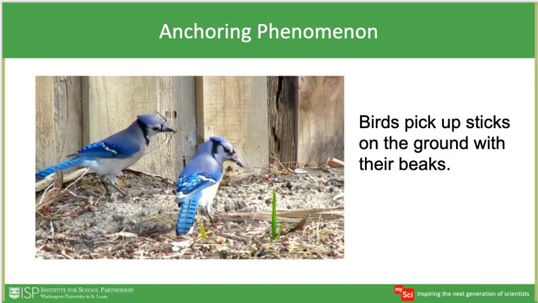In this unit, students try to figure out how animals change their environment to meet their needs, how parents act to help offspring, how offspring are similar yet different than their parents, and how animal structures help them meet their needs. The anchoring phenomenon used to connect students to the science content is a series of videos of blue jay